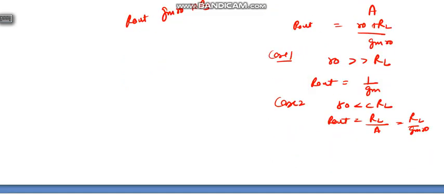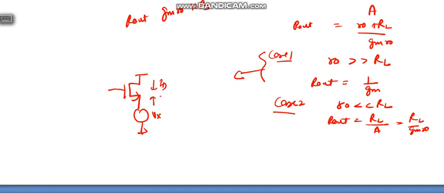Okay, so if we consider this case, if RL is very small compared to RO, and we apply Vx here, and this is ID, this is Ix, and this is ground, so ID plus Ix equals 0. ID is GM VGS plus, you can say, Ix